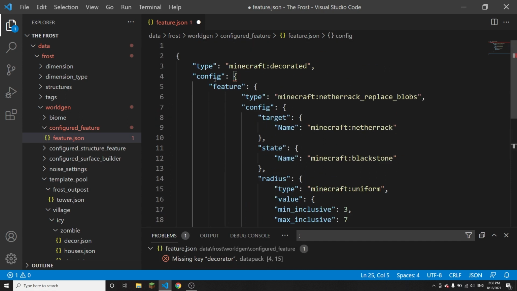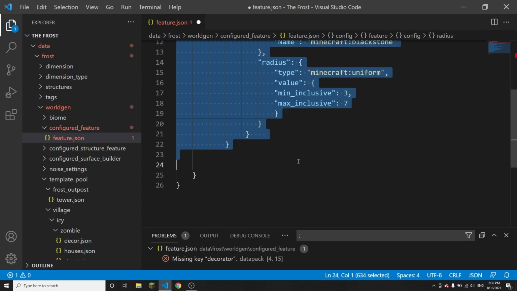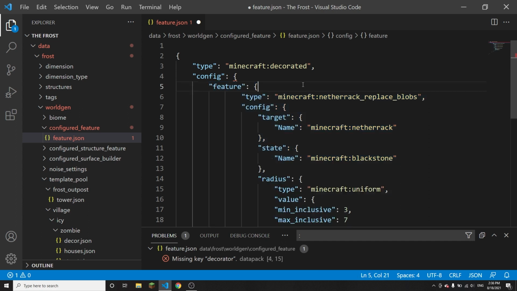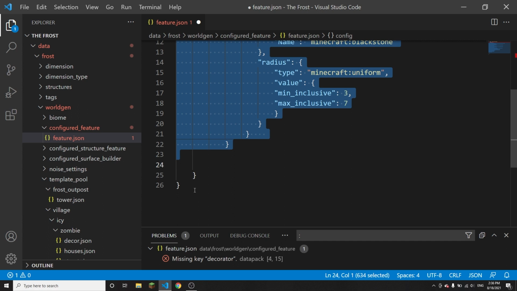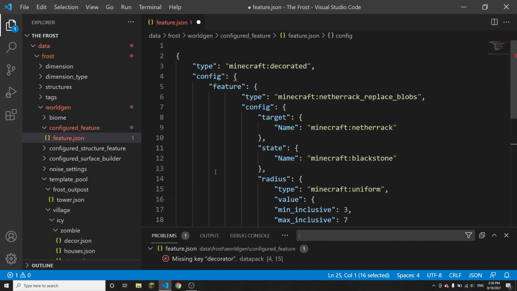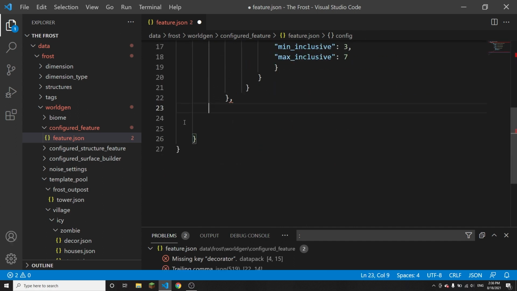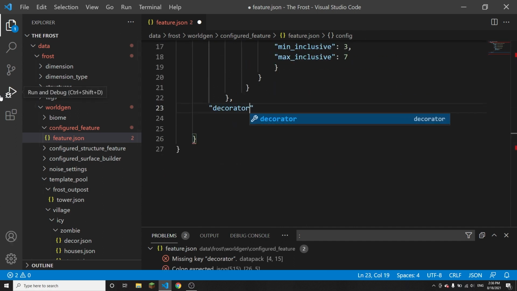So this right here is going to be your feature, which is the feature I already had, but now it's inside of this other feature called Minecraft Decorated. So after this entire feature, make sure that you have these two curly brackets right here, because that's this curly bracket and this curly bracket closing. You're going to need to add another comma. And here you're going to want to put decorator,